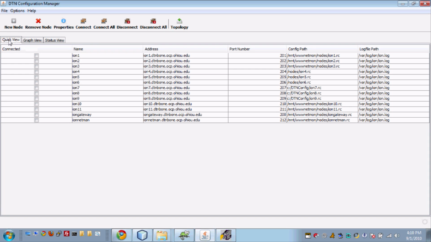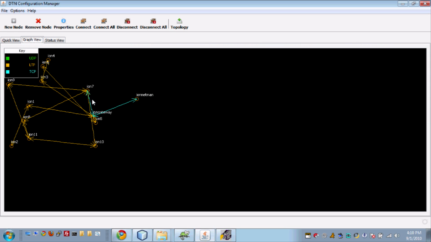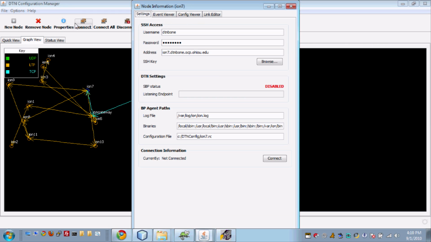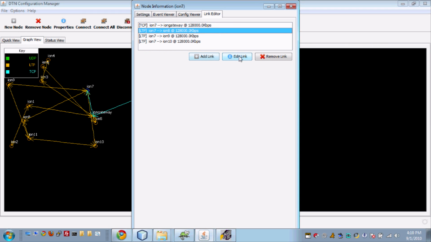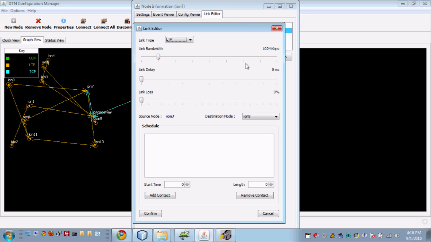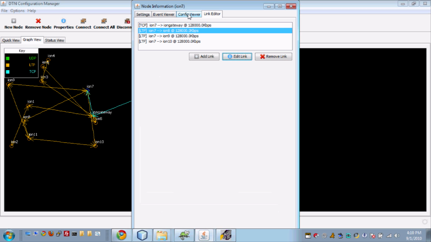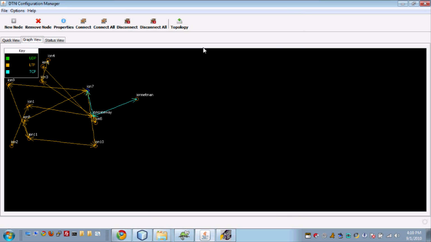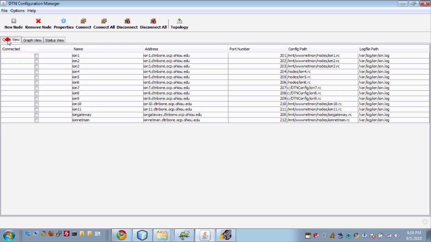At this point, we can choose to, for example, go to a node and modify one of its properties. So imagine we went through all the nodes and made the changes that we'd like. We could change the link delay or the link bandwidth or the link type. And then after that is done, we want to save these changes back. There are several ways we can save these changes. We can choose to save them locally or save them remotely, where we push them back to where the configuration